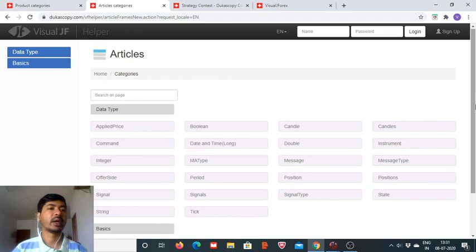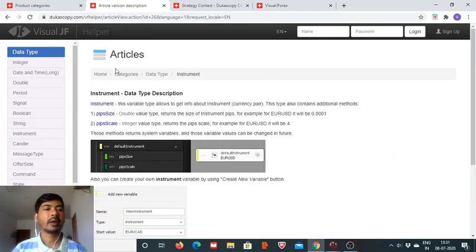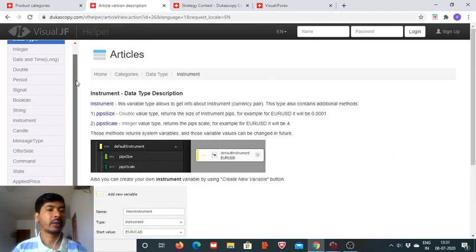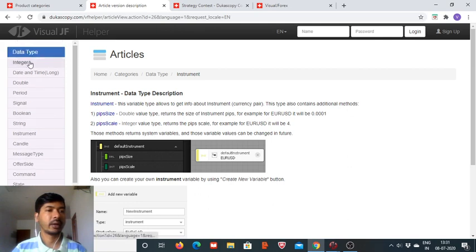So here we get started. We will see the instrument, and here we have the list, and in yesterday's session we had considered integer, date and time, double, period, signal, boolean and string. So here we start with the